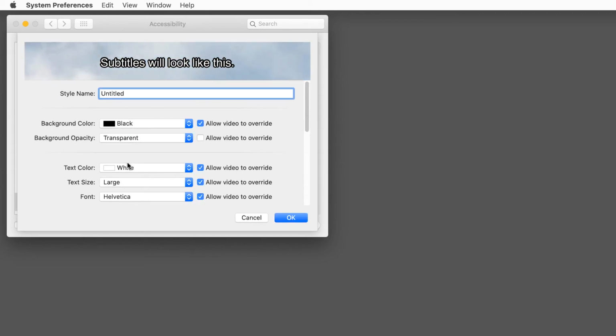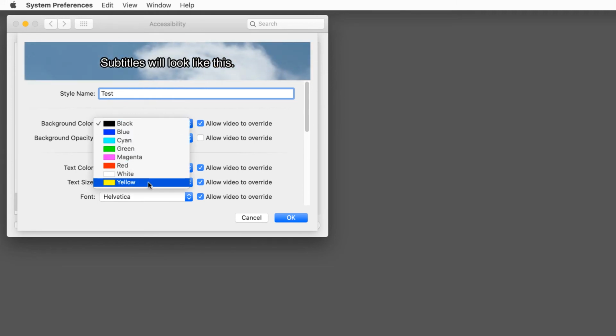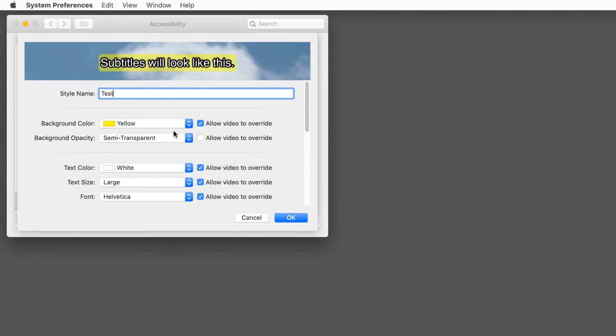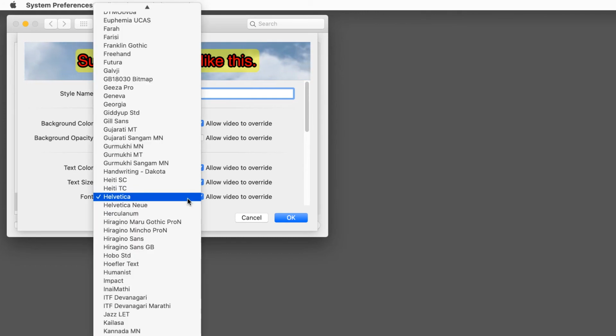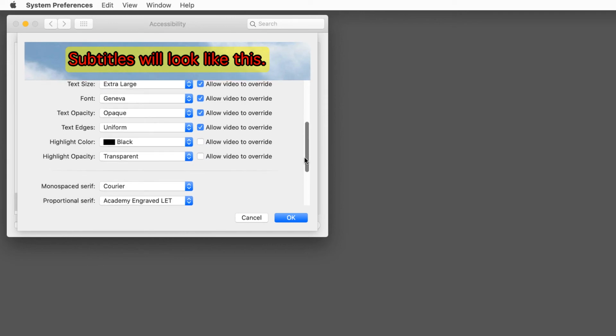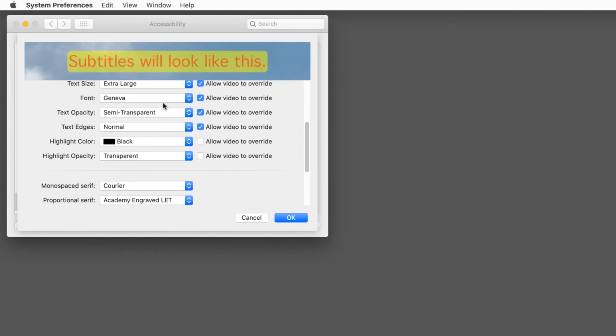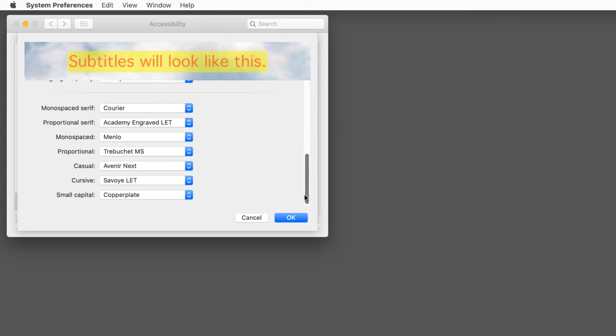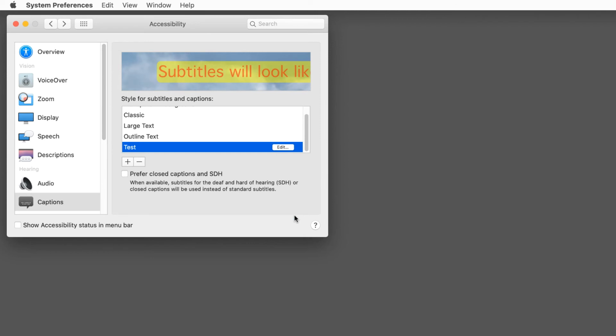Of course, you are free to define your own appearance parameters using your colors, sizes, and fonts. Additionally, the control panel allows you to choose subtitles for the deaf and hard of hearing, or captions instead of standard subtitles if available.